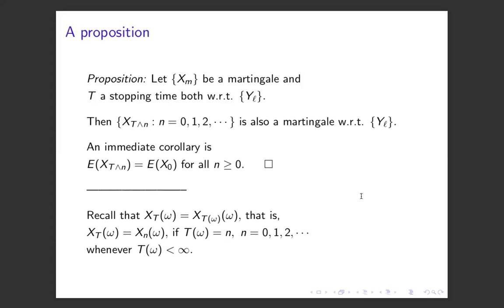So we will stop here. In the next class, our aim will be to extend this conclusion for a stopping time. Under what conditions? That will involve some conditions concerning t and so on. So that we will see in the next class. That's called the optional stopping theorem or optional sampling theorem.